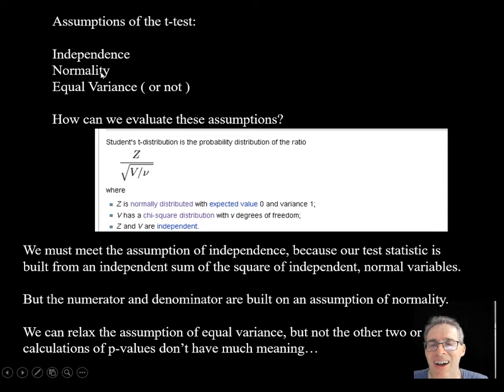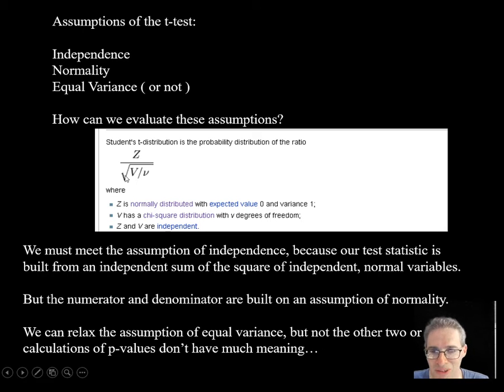Now, of course, normality, the assumption is that the normal distribution, which again we're thinking of as the limit of the binomial distribution, or the limit of any distribution if you take the average with a high enough sample size, right? That equation that pops out for the probability density function of the normal distribution from these limits describes your data. So again, independence is a hard one to evaluate, but we do have tools that allow us to assess this assumption of normality, right? And again, we can see these assumptions of normality and chi-square distribution right in the